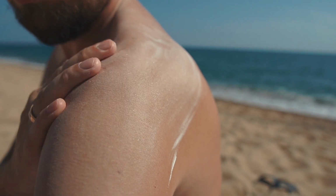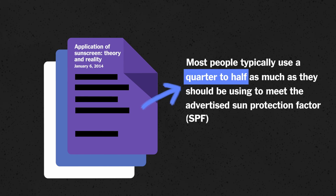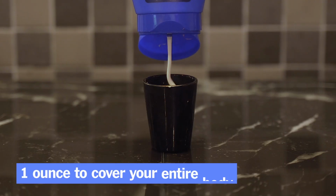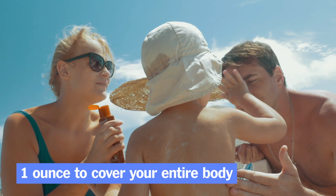Chances are, you're not wearing enough sunscreen. And if that's the case, you're not alone. A 2014 study showed that most folks typically use a quarter to half as much sunscreen as they should be using to meet the advertised sun protection factor, also known as SPF. To get full protection, you need to use 2 milligrams per square centimeter of skin. This amounts to about a shot glass's worth, or 1 ounce of sunscreen for the average size adult's near naked